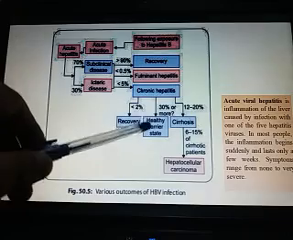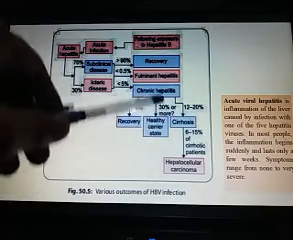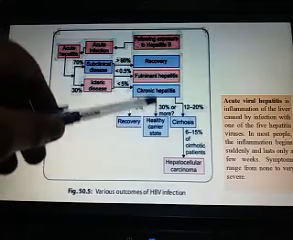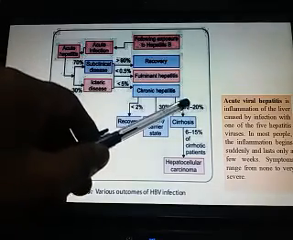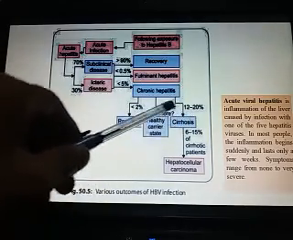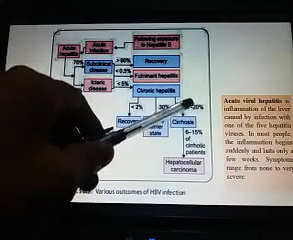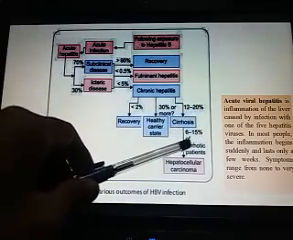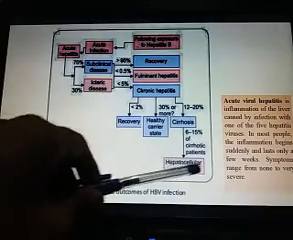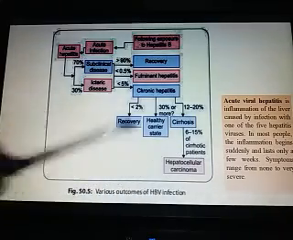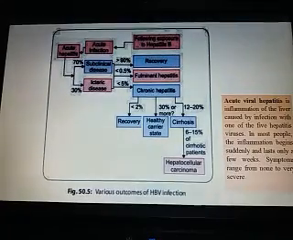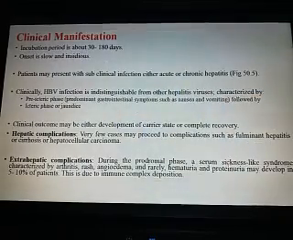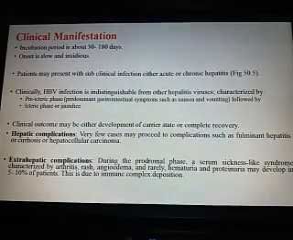30% become healthy carriers, which is dangerous, because they carry the virus but do not show symptoms, and 12 to 20% become cirrhosis. Among these 12 to 20%, 6 to 15% of the cirrhosis patients may develop liver cancer. Okay, so clinical manifestation: the incubation period is 30 to 180 days, onset is slow and insidious, that is